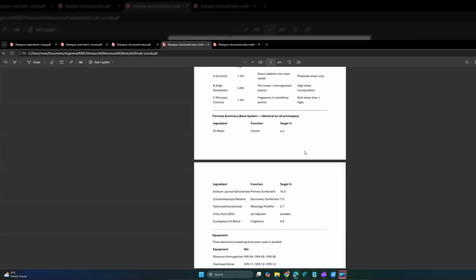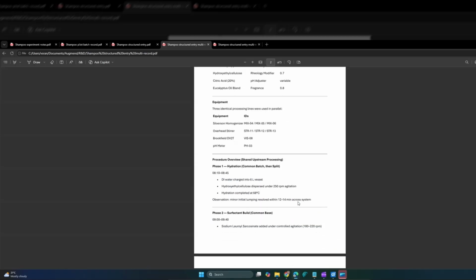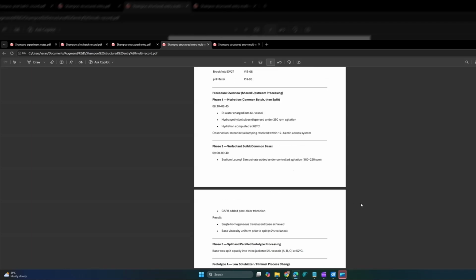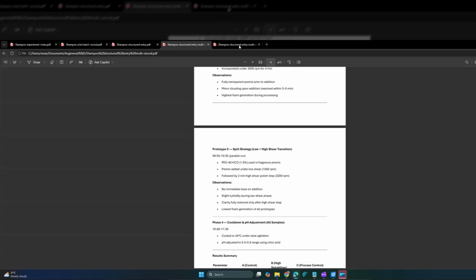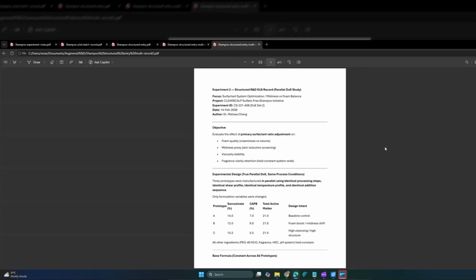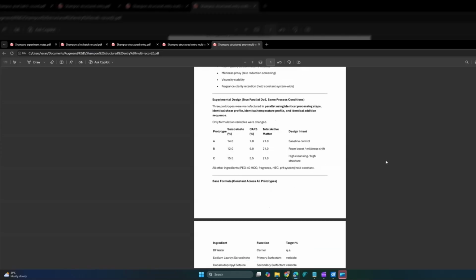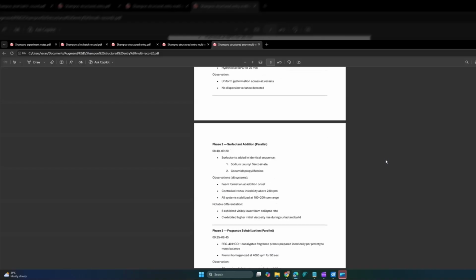So the formulation is listed here. And 3 different processes were tried, where the first part of the process was similar, and the downstream process was changed to see the influence of process on the product properties. And the last part is maybe a more typical prototype exploration kind of exercise, where we had 3 different prototype formulations, which were made in the same way, and then the product properties were measured to see which formulation is